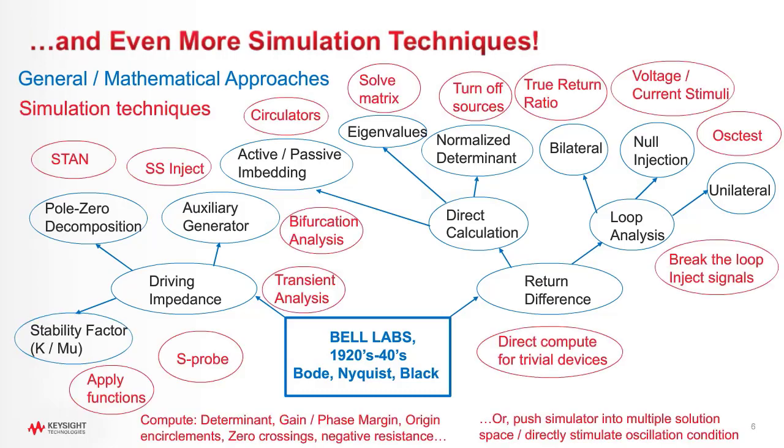And for each approach, there are multiple simulation techniques to derive the figure of merit. Usually, each one requires some different kind of setup and stimulus condition to get the answer, and then when you compare them, you still might get conflicting information like we saw with K-factor. So with all of these techniques, it's very confusing, and speaking from my own experience as a circuit designer, stability